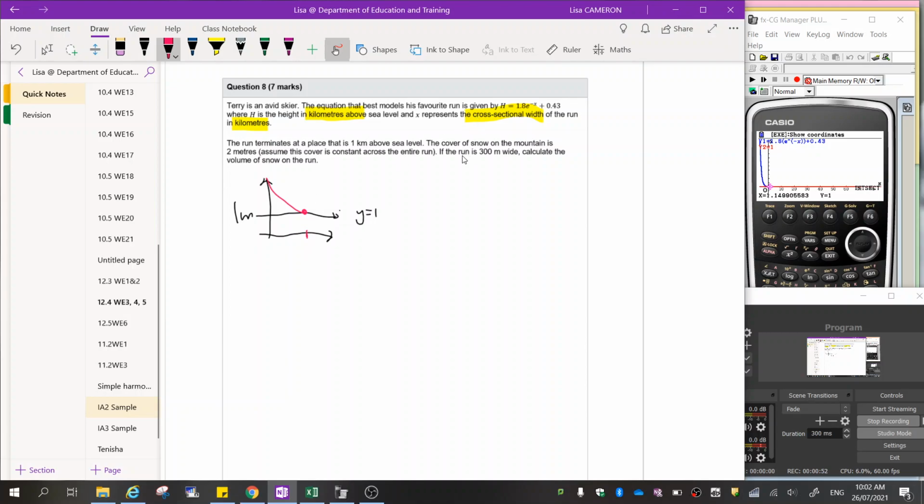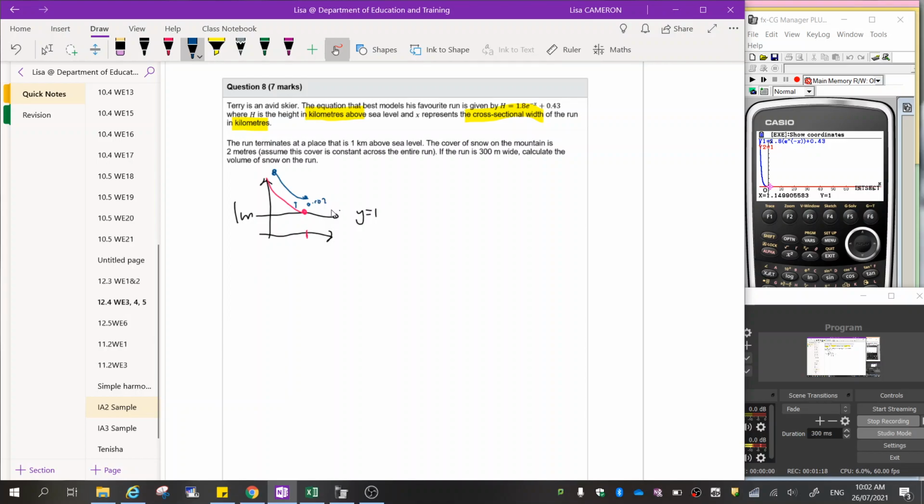The cover of the snow on the mountain is 2 metres, and the run is 300 metres wide. Calculate the volume of the snow. So that means that this slope is going to have snow above it as well. Now, the whole way across, it's going to have been shifted up by